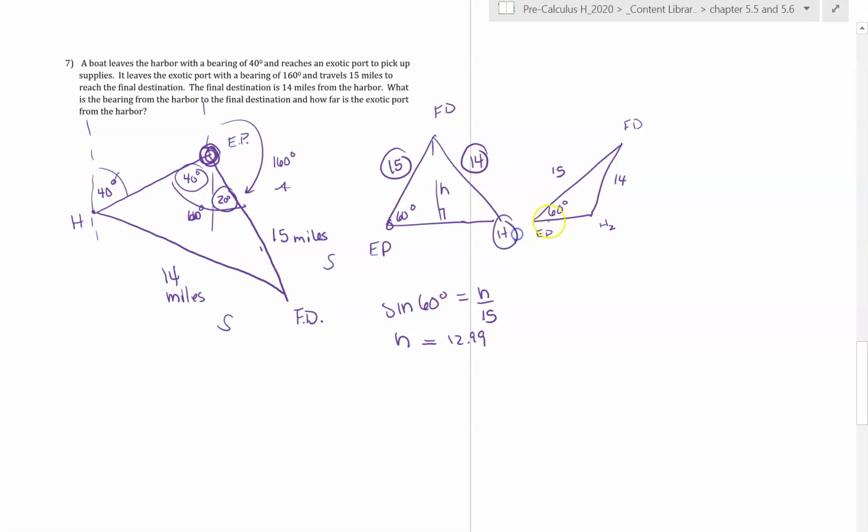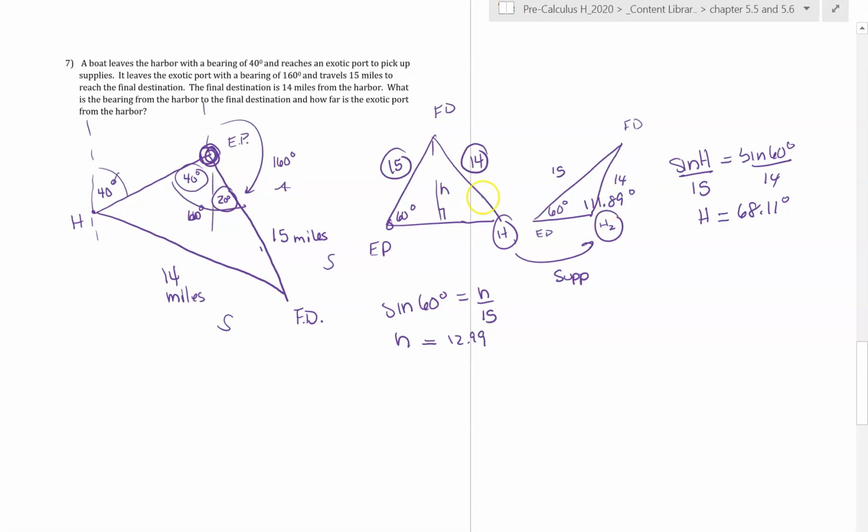So the first thing we have to do is use the law of sines to find h, because again, these angles are supplementary. You use the law of sines in that first triangle. The sine of h over 15 is the sine of 60 over 14, and you get 68.11. Now if you find the supplement, 180 minus 68.11, that would give you this angle right here. So it's